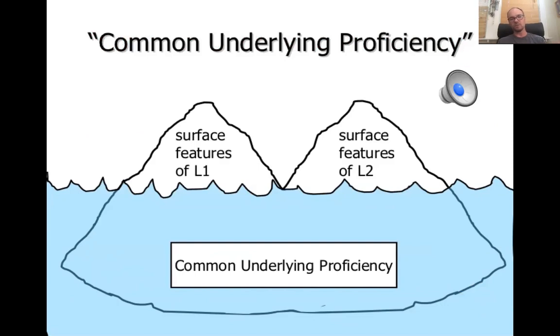So let's just say for the purposes of argument that L1 is Spanish and L2 is English. Those two languages on the surface are different from each other. They have similar but different grammatical structures. They are separate languages. But a Spanish-English bilingual student knows things irrespective of what language they speak or how proficient they are in either language. So for example, from a content perspective, you might know what photosynthesis is as a bilingual person because you learned it while you were studying science